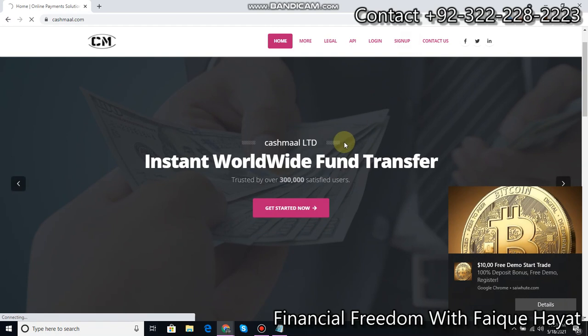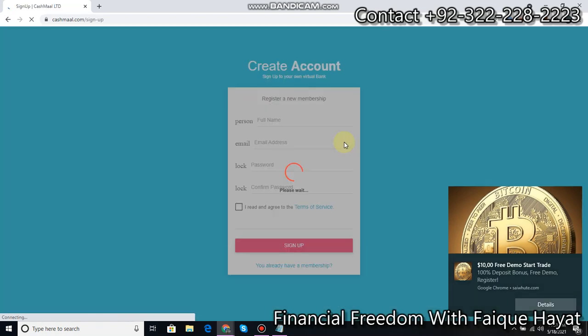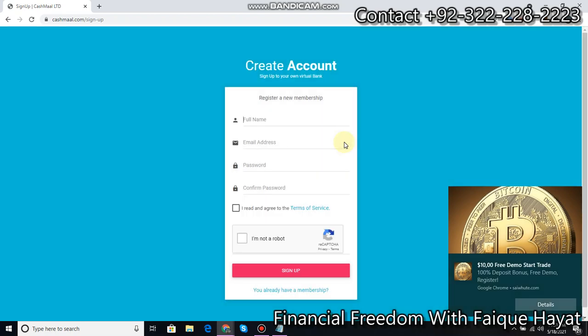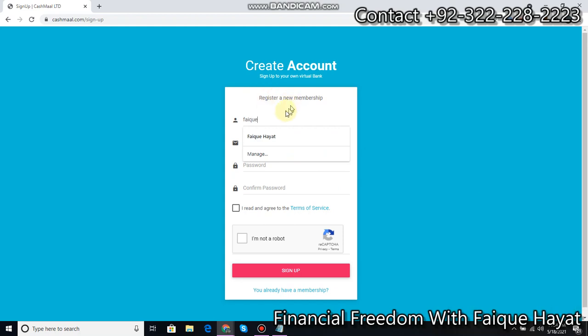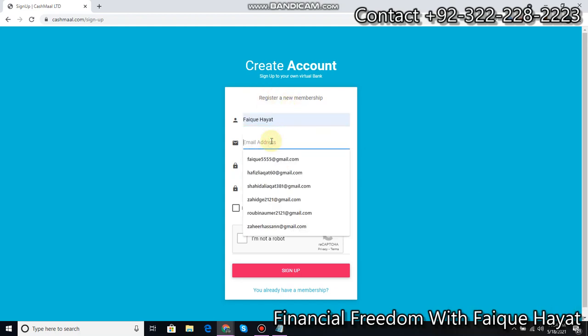When you click on the joining link, you will be redirected to this page for account creation. You will insert here your full name, like I have Faik Hayat. I have my email address, and here you will put your password with the first letter capital, and you have to insert some words and some phrases also.